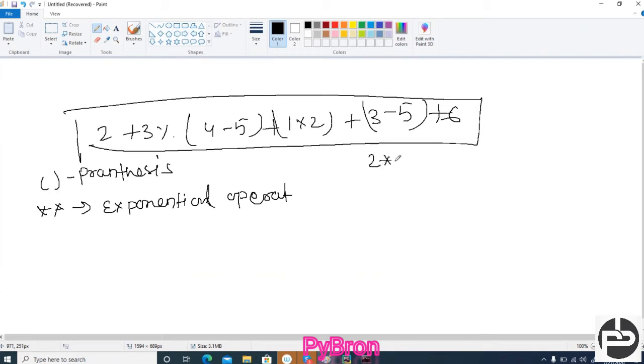Like 2 to the power 2. Whenever you want to write 2 to the power 2, or print 3 to the power 6, it is known as the exponential operator, right? So first parenthesis, BODMAS. Yes, Jyoti and Sonia, it's BODMAS only. But in Python you will not get exactly BODMAS; you have to deal with this kind of operator also. That's why I'm showing this.